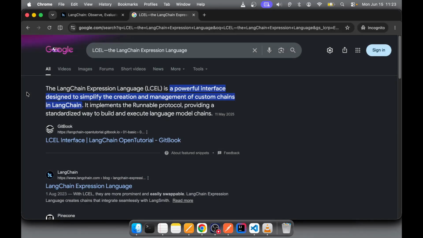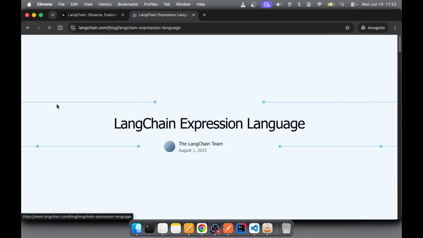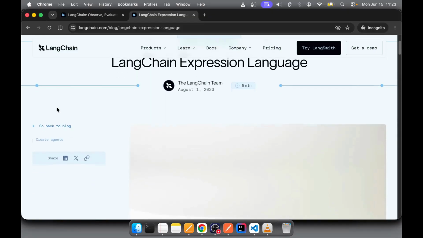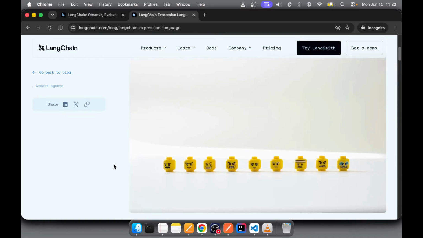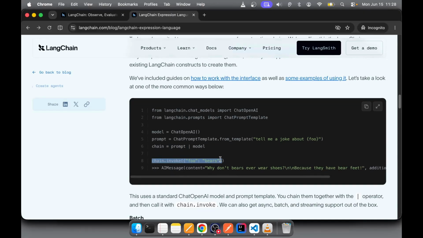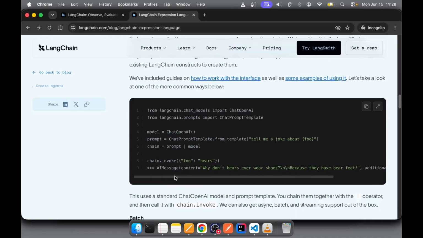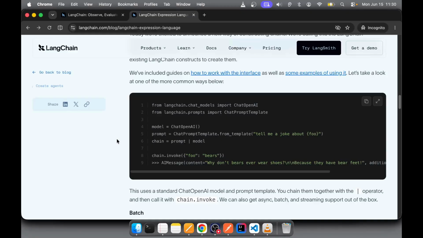To understand how LangChain works, you need to understand its core architecture. In its modern 2026 ecosystem, everything is built around LCEL, the LangChain Expression Language. It uses a very clean pipe operator syntax to stitch components together. There are 3 pillars you need to know. First, prompt templates. Hard-coding inputs inside strings breaks instantly in production. LangChain parameterizes prompts to make them clean and reusable. Second, chat models. This is the unified interface wrapper for your LLMs. And third, chains. This is where LangChain passes the output of one component directly as the input to the next.